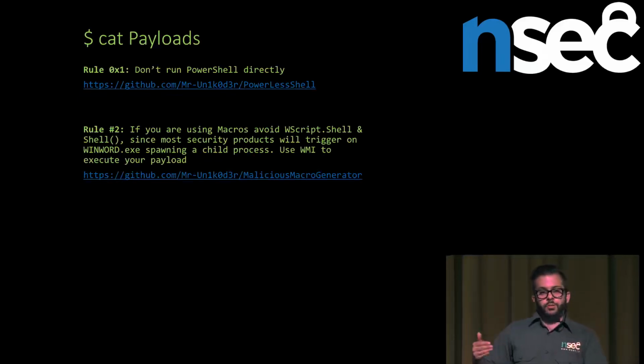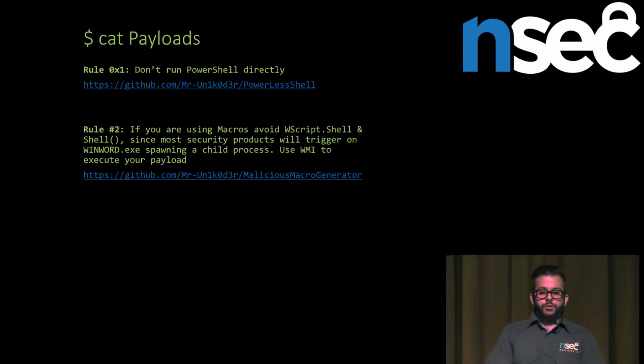The idea is your child process is not going to be tied to WinWord. It's actually going to be tied to the WMI service, WmiPrvSE, which is the WMI service. So there's no link between the execution of your payload and the Word document itself. And I have another tool for that, which is Malicious Macro Generator, which generates terribly obfuscated macros that are super useful when you want to phish people.